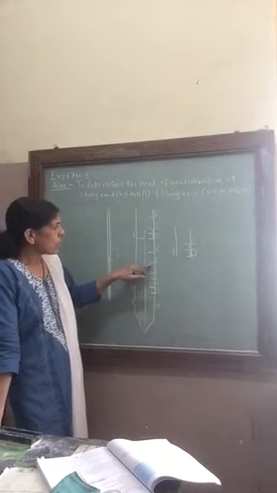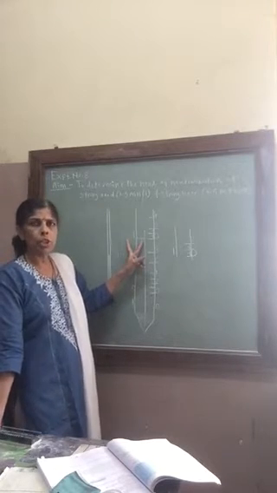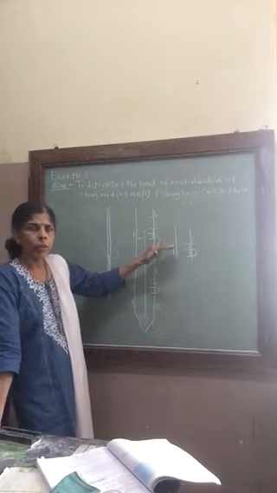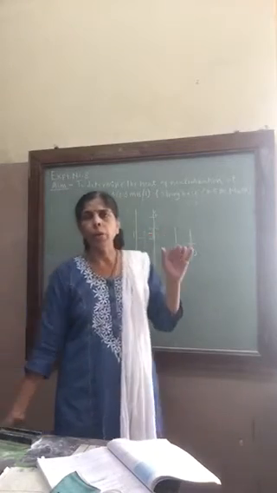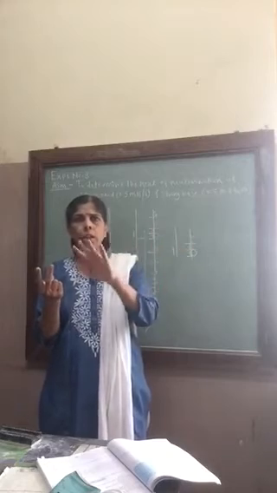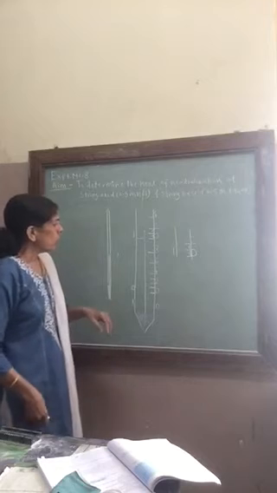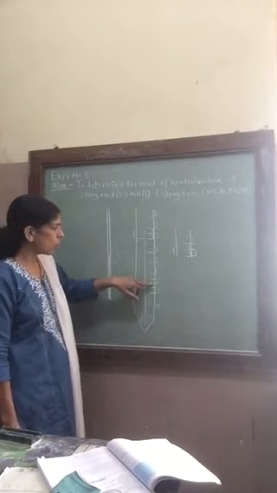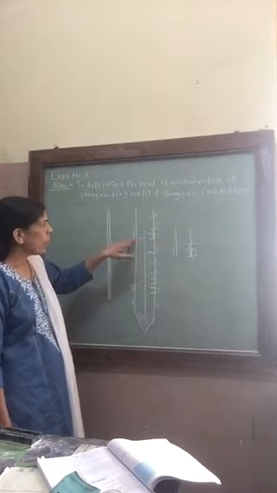We will have 6, 7 is not printed, 8, then 10. How is 10 printed? On the left and right both: 1, 0, 10. Like that. 10, 20, 30, 40, these temperatures are printed on both sides. 20, 20, left and right. 30, 30, 3 on the left hand side, 0 on the right hand side. Now this corresponds to temperature 0. Then we will have 2, 4, 6, 8. Then we will have 10.